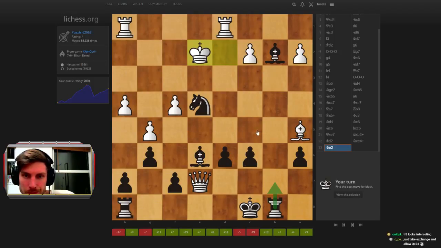Or bishop g4. Okay, so what happens on bishop g4? I say he goes back to e1. I can't follow up with my bishop because his bishop is still covering here. And I can't bring my rook to e8 either. I think he can even move the king here. I don't see anything concrete after bishop g4. Except taking the rook. But taking the rook is eliminating some of the danger, but...